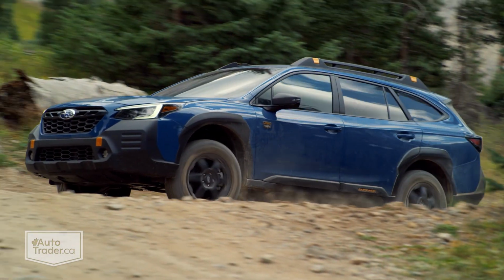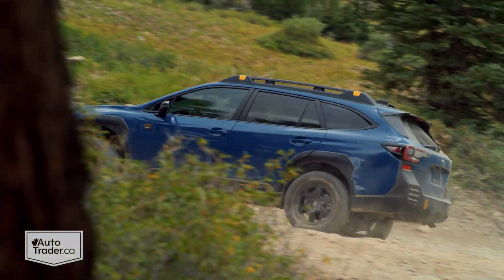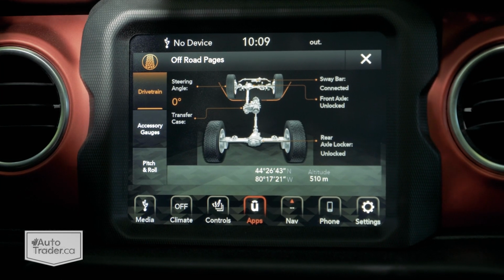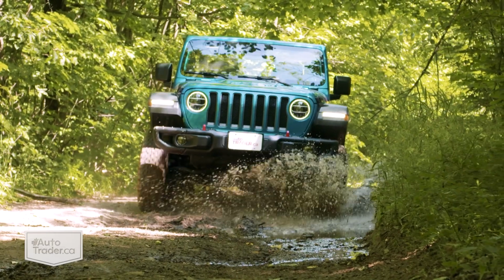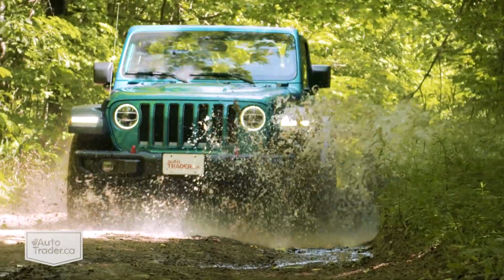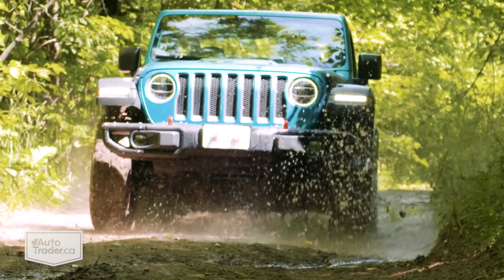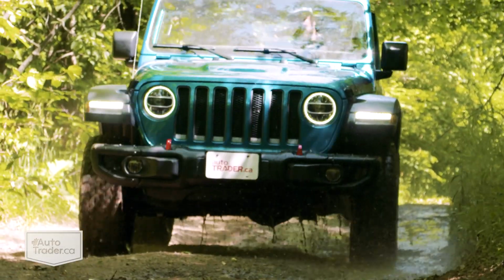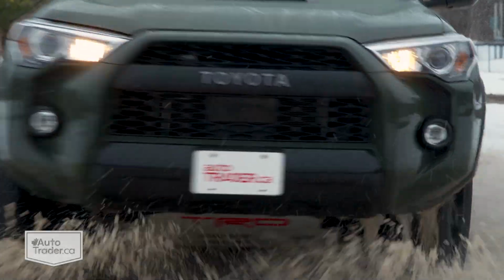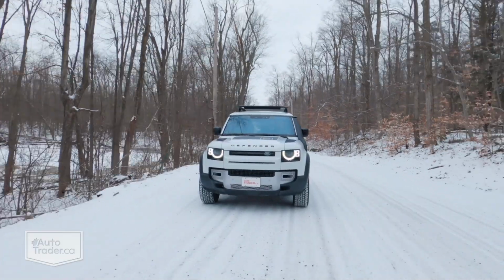All-wheel drive typically works in a fully automated way that can't be manipulated by the driver, while four-wheel drive is usually an engageable system with settings that control how many wheels are receiving torque. So which is better? Well, it depends on what you want to do. If you plan to get serious about crawling over rocks or whatever else might end up in your way, a four-wheel drive system is probably the right choice, since there's usually some form of low-range gearing for the most challenging